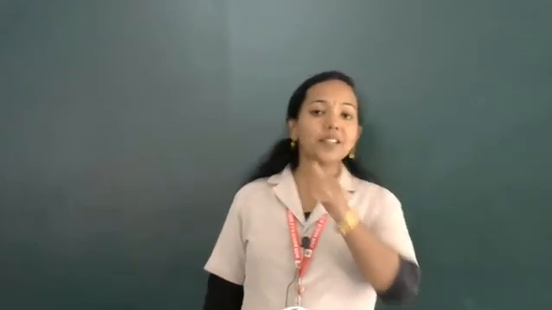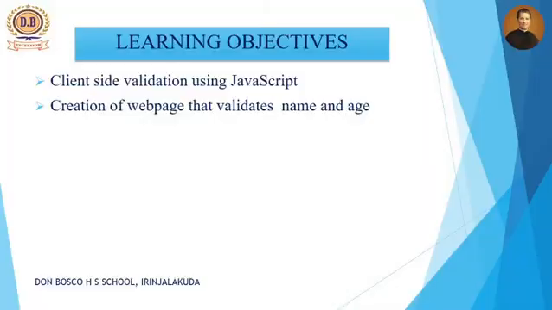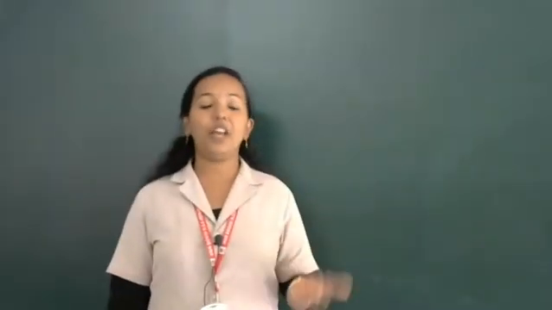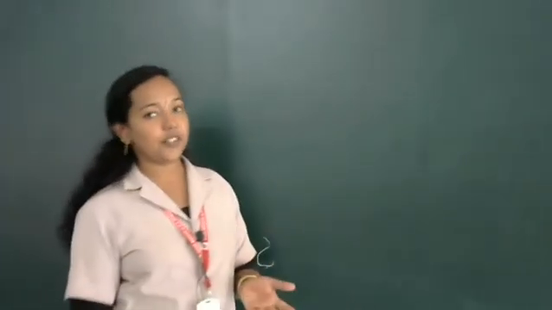Then in this video we are going to discuss a new term called validation. Validation means how we are performing data validation, how we are checking data according to some conditions, whether it is a number or not, a character or not, like that. With the help of an example I will explain the validation statement, how we are validating the name and age of a student when we are submitting the data. So that we are going to discuss first.